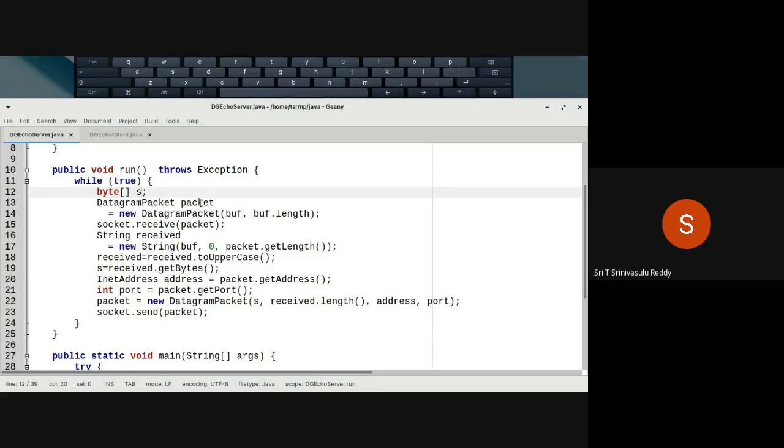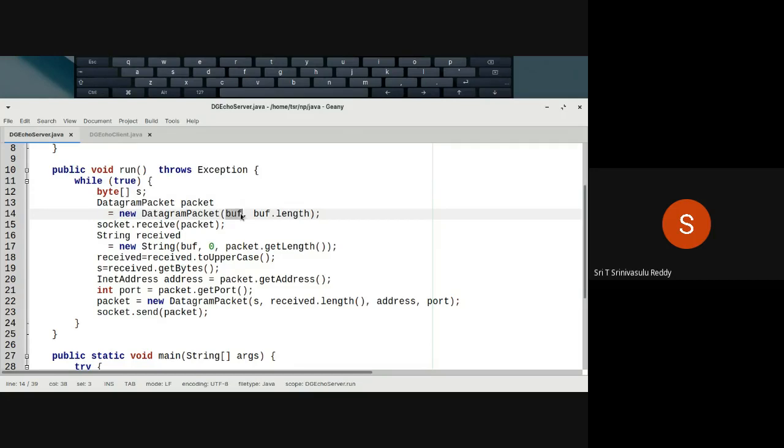Remember, it is a slightly similar kind of name. DatagramSocket is meant for sending and receiving the packets, while the packet will contain the actual data, remember. So DatagramPacket variable name is equal to new DatagramPacket of. How are you creating this datagram packet? Out of an array of bytes.